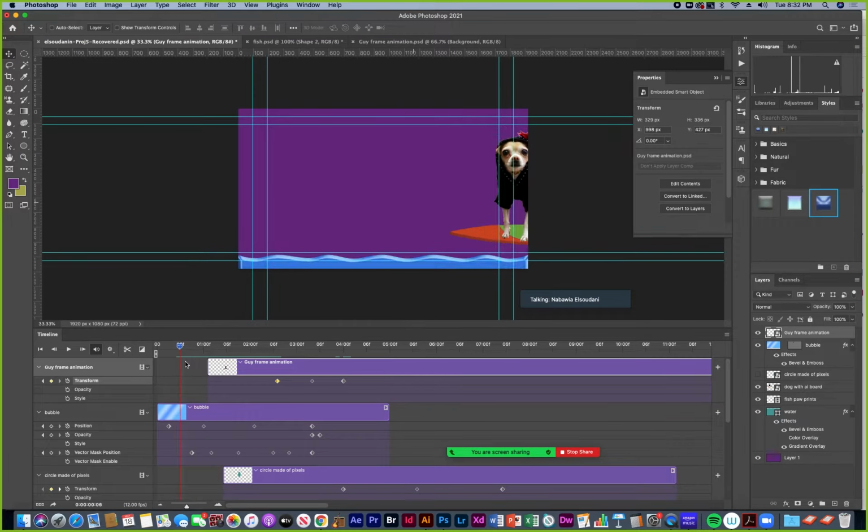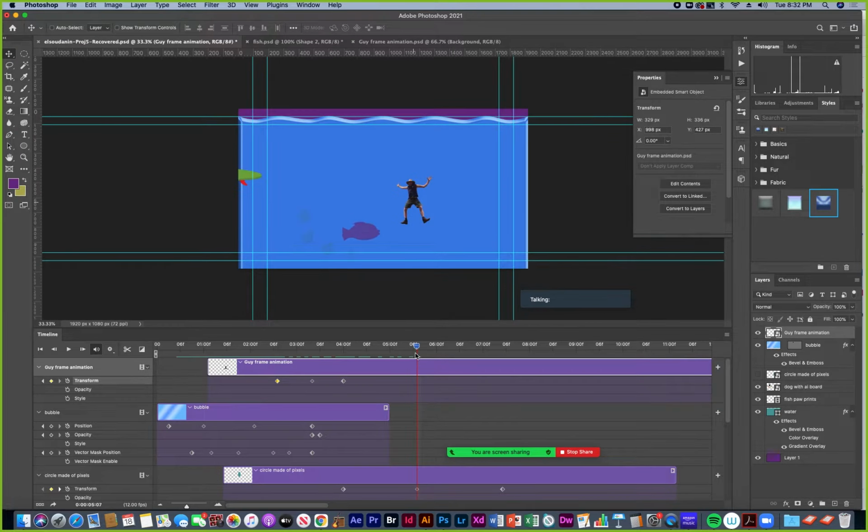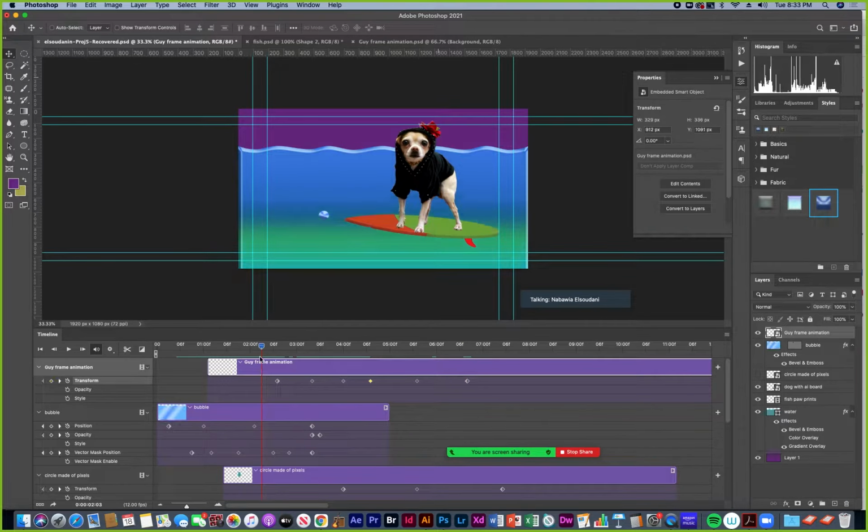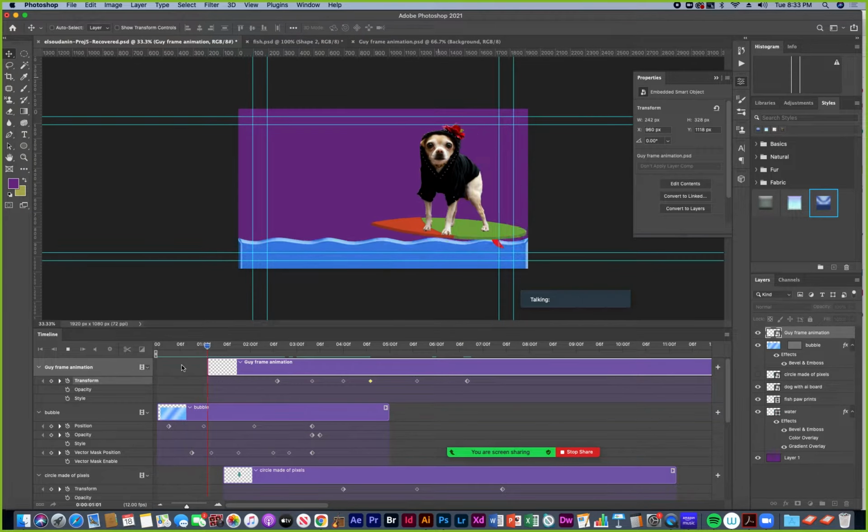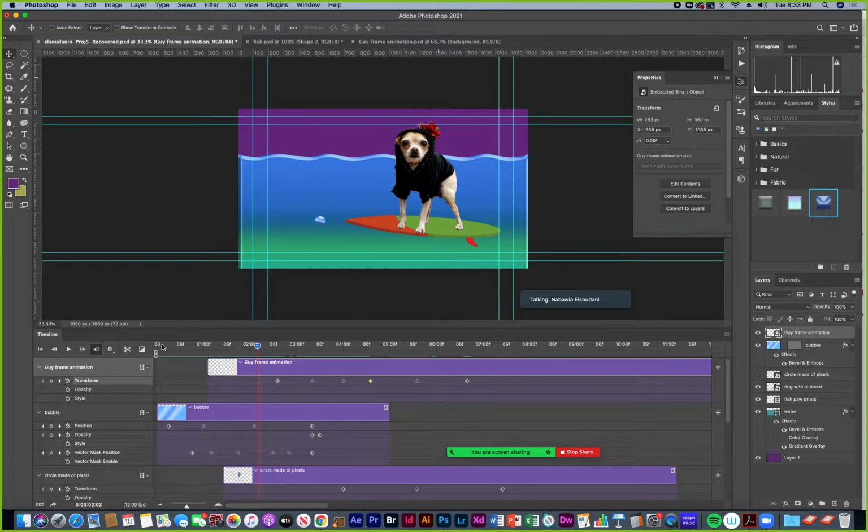What happened to the fish? Oh, there's the fish. The fish is gonna get him. Yikes. And then maybe he pauses for a moment so I can add a keyframe, and then he sees the fish and he darts away. I move the playhead forward and move him out. Oh, he jumped out of the water. Okay, so that's all good, well and fun, but let me just add some music now.